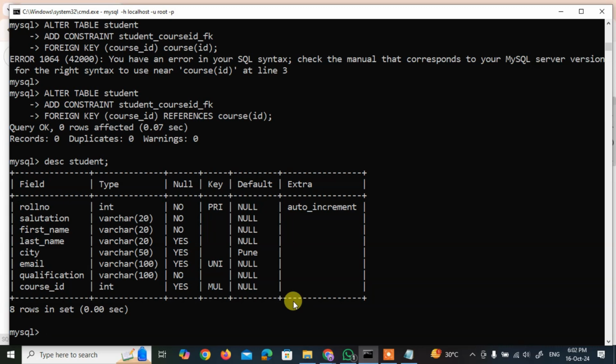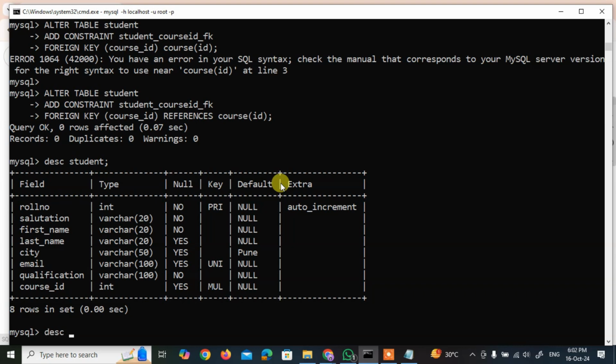So first thing, always remember, the foreign key can be dropped by the name that we set. In this case, we just now added the foreign key, so we know the name. But in many cases, in our previous videos, we created a foreign key for the books table, right?